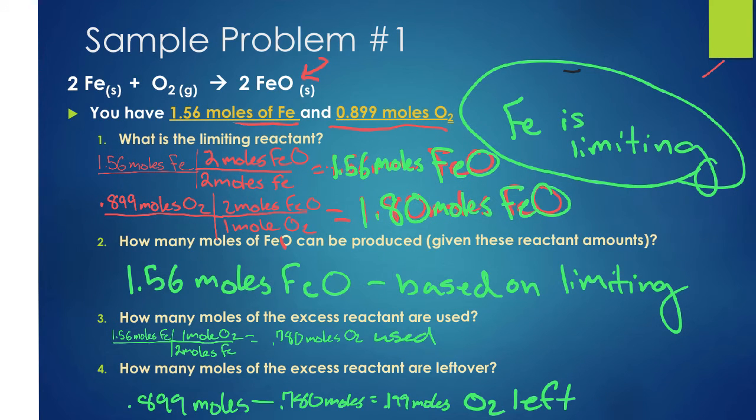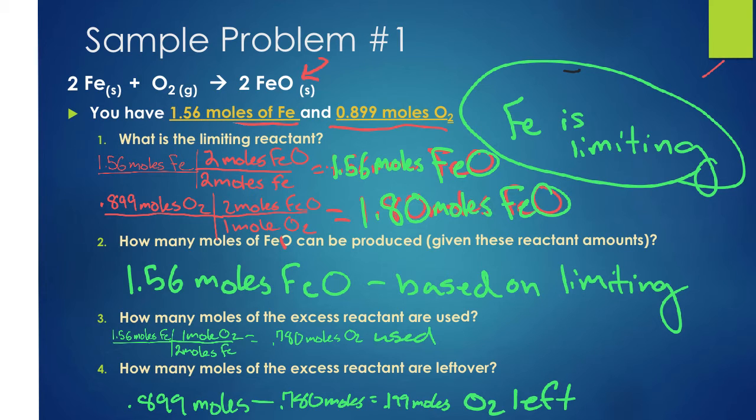Okay, so now we solved the second part of the problem. Here we took how many moles of iron that we actually used, because that was the limiting reactant, and then we converted that into oxygen, so that tells us how many moles of oxygen we used. Now, we started with 0.899 moles, and so if we subtract the two, we're left with 0.199 moles of O2